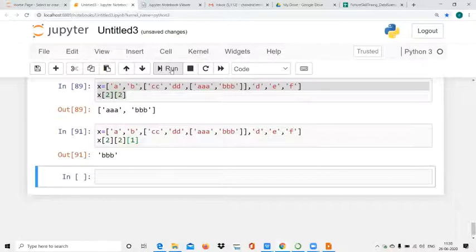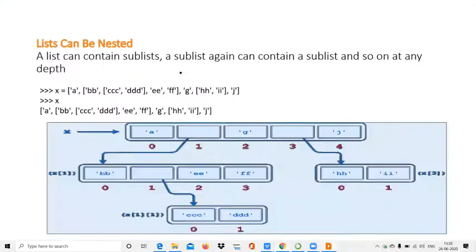Inside that I can put another sublist, within that sublist another sublist, and again another sublist, and like this we can access them by expanding the dimensions. Like this the nesting is done, and nested elements are accessed, right?